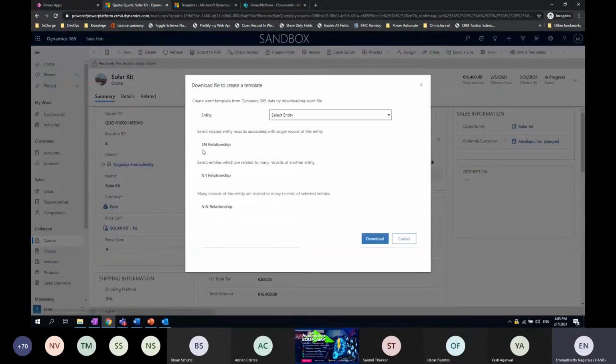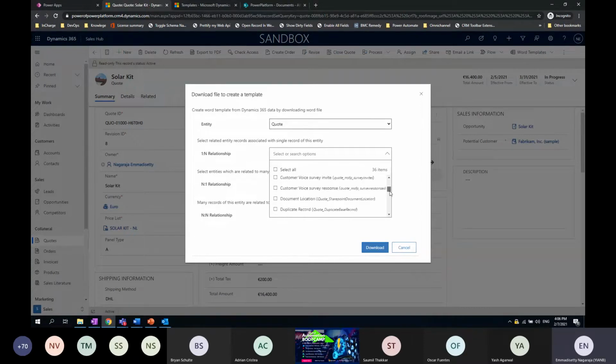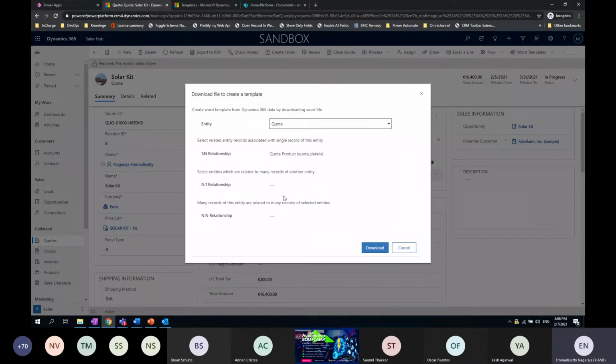Let's try to download a template. While downloading a template, it gives you an option for which entity. This is quote. By default, we are generating the template on quote, so this gives you the quote option. And what are the related entities? 1:N means one-to-many. What are the data that you want to show on the template? For example, let's select quote products. And the N:1 relationships,